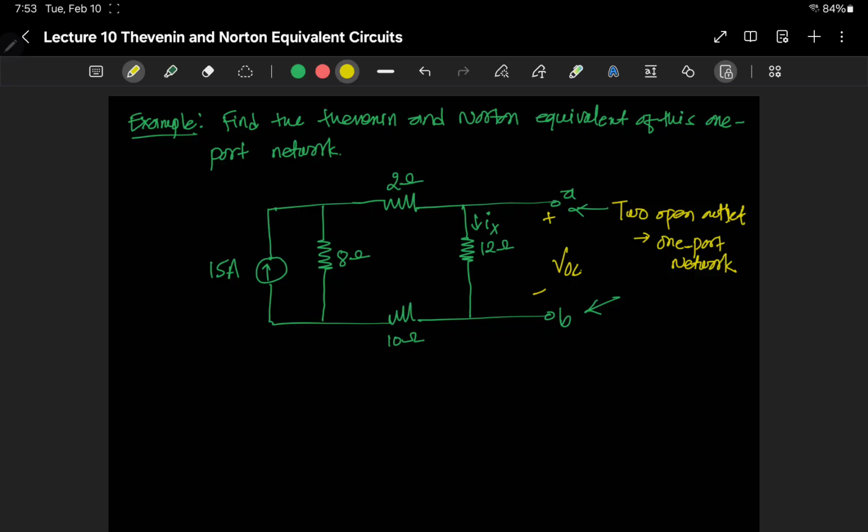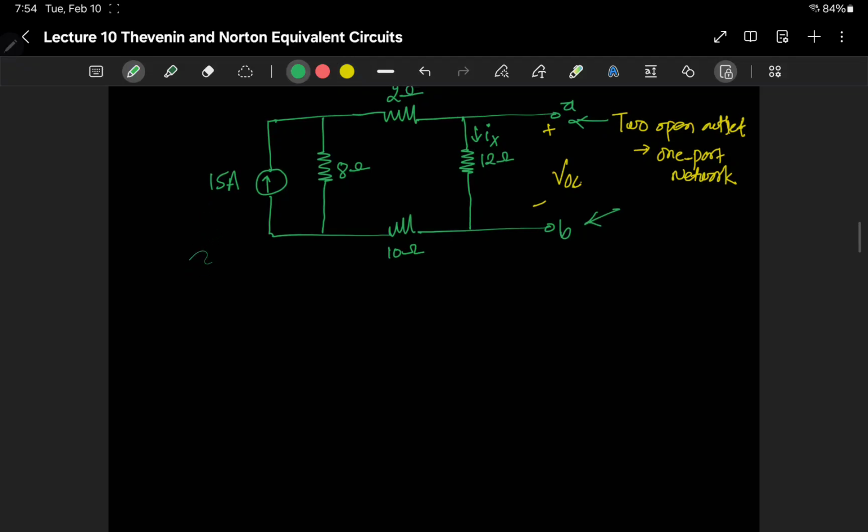And now we have done so many different circuit analysis techniques in this class. What would be the best way to do circuit analysis to find VOC in this case? We could use the node voltage method. We can also use the mesh current method, but the simplest one is the current division rule, because we can simply find Ix using the current division rule, and VOC is basically parallel to this resistor, so the voltage drop across this will be equal to VOC, right? So let's use that,